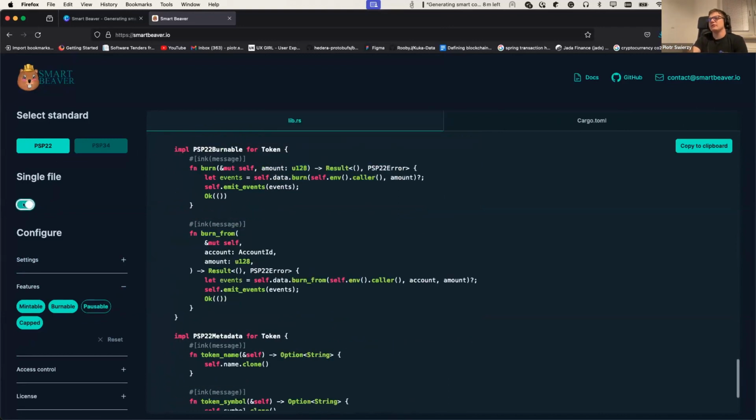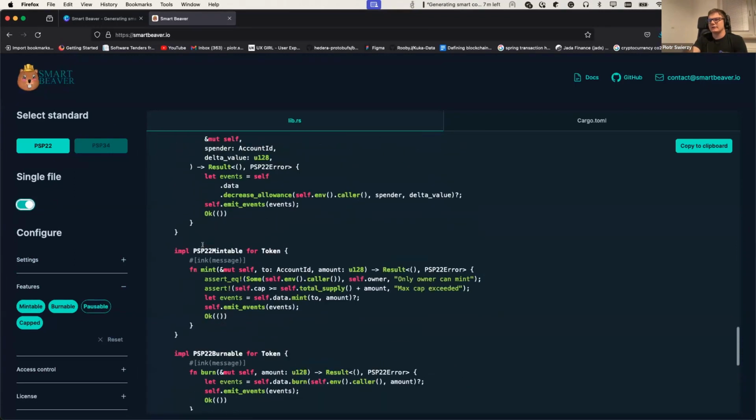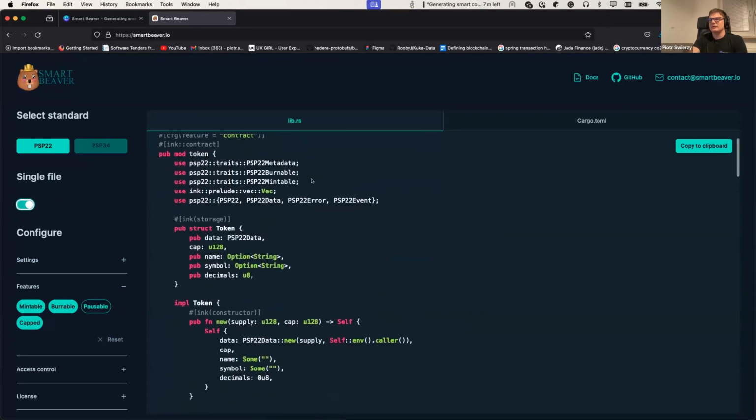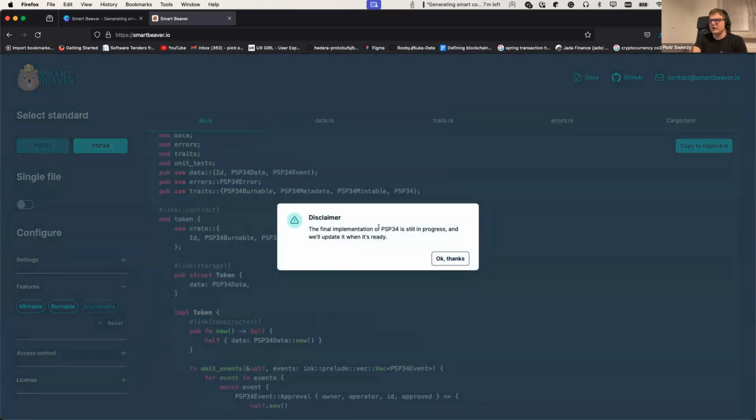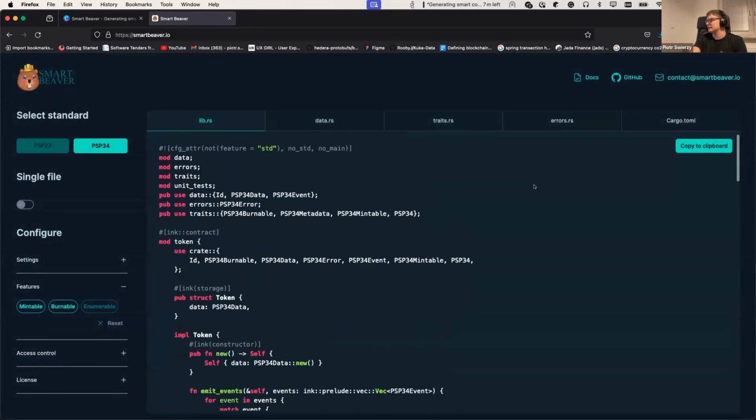When you use the single file, SmartBeaver doesn't generate the code. It uses it from a crate. So basically the code is simpler, but it's not so easy to change the default behavior. And of course, you also have the PSP34 implementation, but it's still in progress, so you can just copy that as a template. But going back to the presentation,